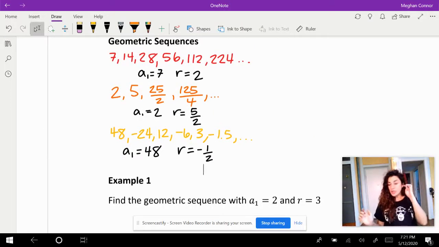Now, geometric sequences and arithmetic sequences are not the only sequences that are out there in the world. They're just the more common and applicable sequences. So like in the analysis class, they might delve into all the other types of sequences that there are. But since we're talking about applications here, arithmetic and geometric are ones that you'll find in very common ways. Interest, medicinal doses, depreciation of things, whether it's value or half-lives of trace amounts of plutonium in something. I think that was correct. I'm no scientist, but